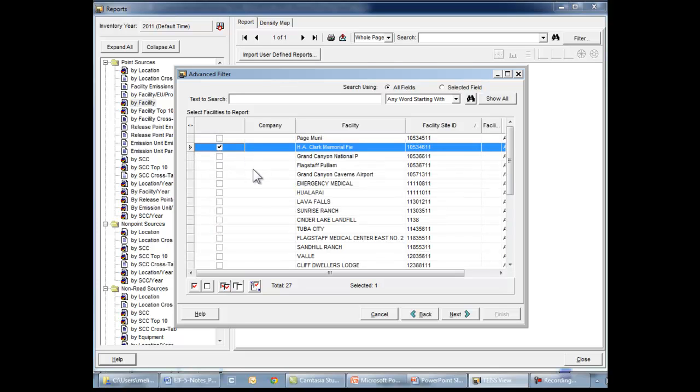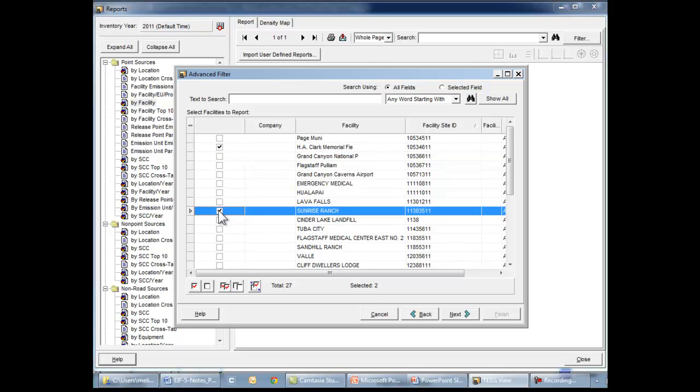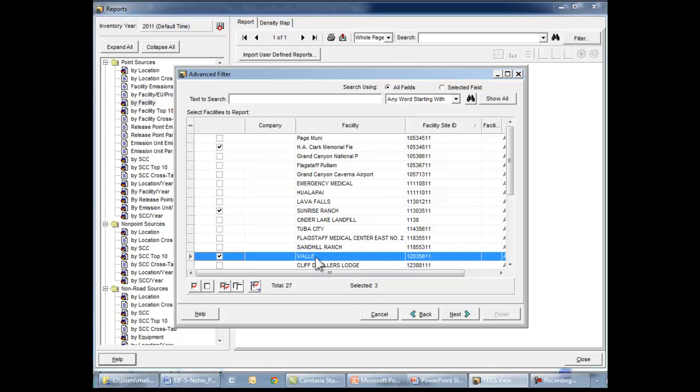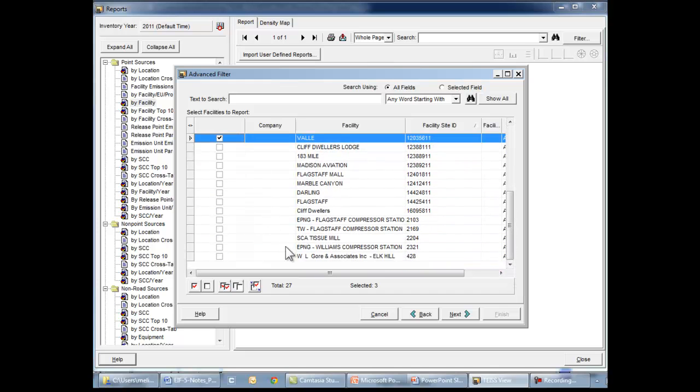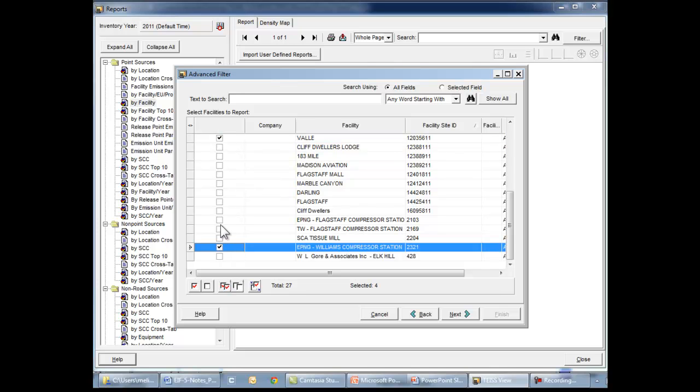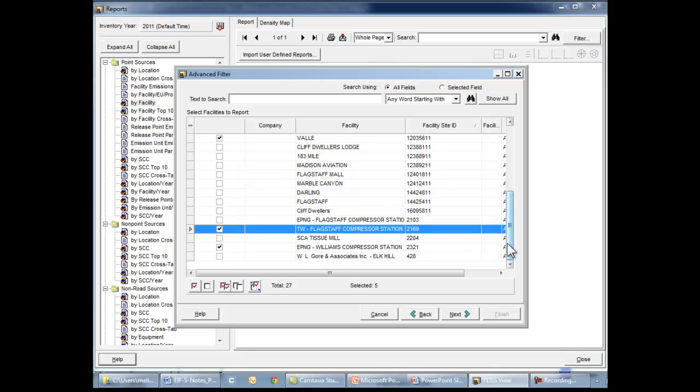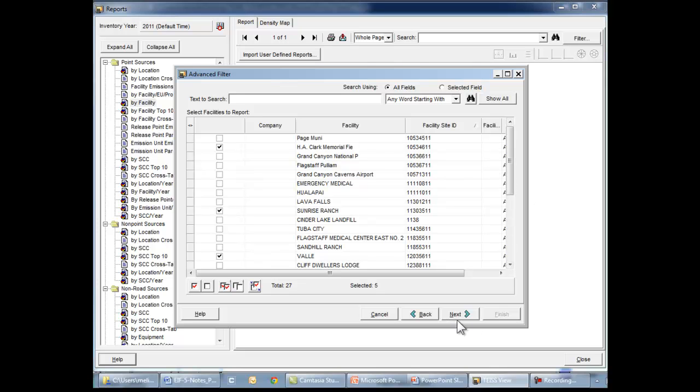So it's the H.A. Clark Memorial field. Well, it's supposed to be field, but it's truncated. Then there's Sunrise Ranch, and there's Baye, and the EPNG Williams Compressor Station, and the TW Flagstaff Compressor Station, and those are the 5 facilities that were in the buffer zone on my map. So I click on the next button,